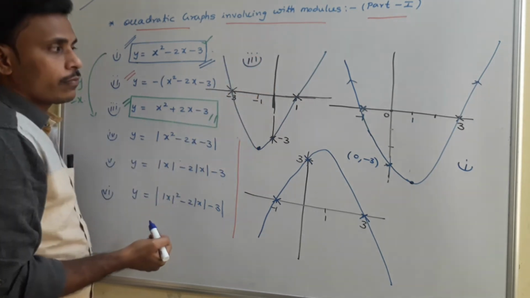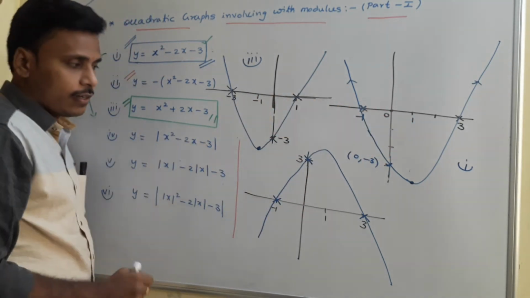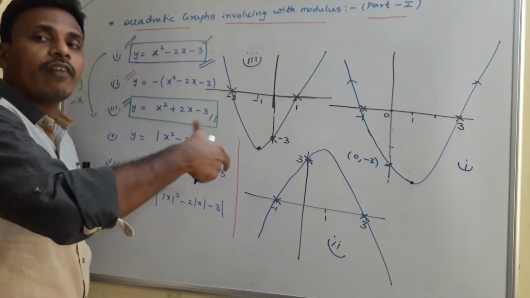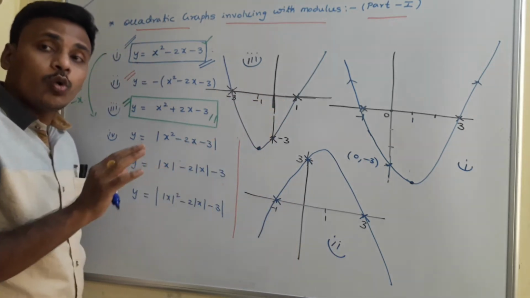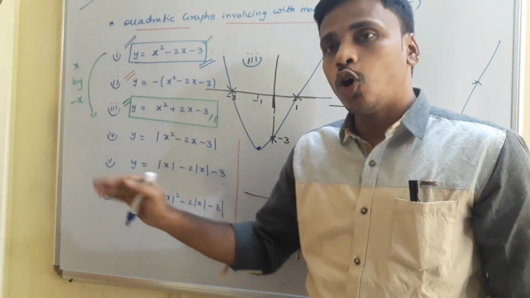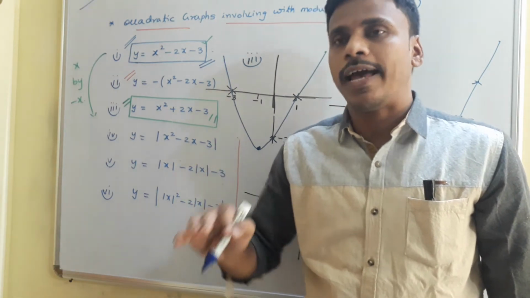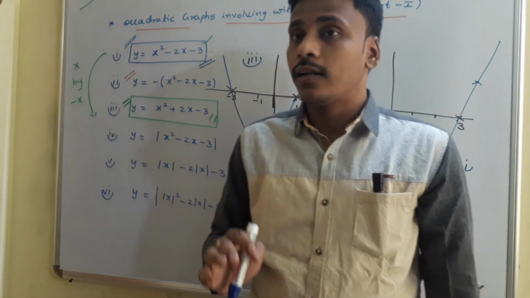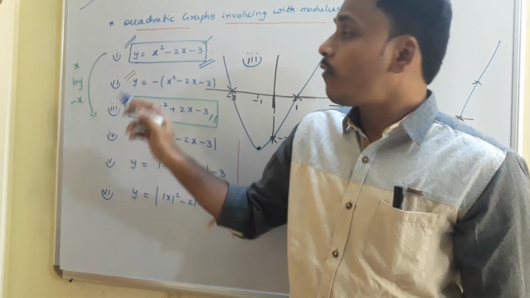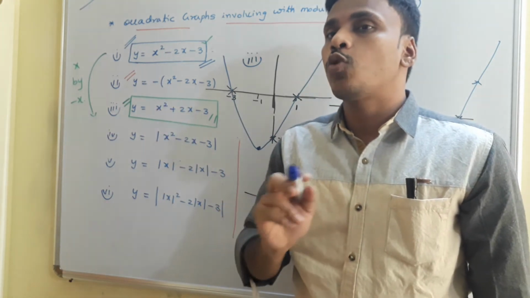You just look at it. See, it is just a flip of the first one horizontally. And this is the second one, which is just a flip of the first one vertically. So you are able to sketch the graphs of the first 3 without taking any reference, just by observing roots, by observing peaks, by observing the shape. But with reference to the first one, how can we sketch the second? With reference to the first one, how can we sketch the third? That's what you need to identify.